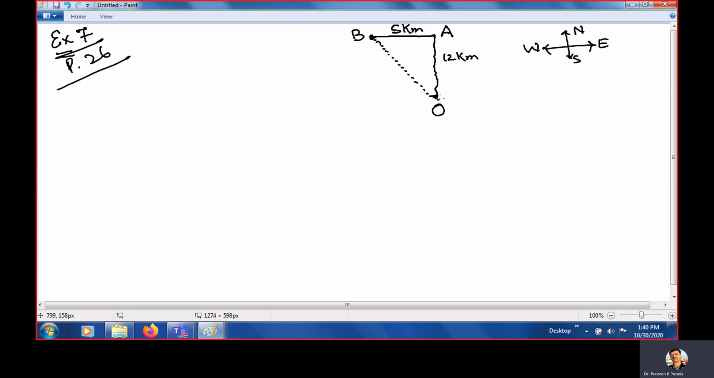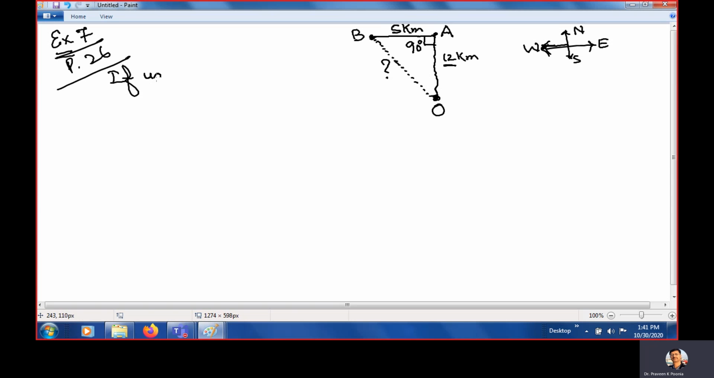What is the question? A person is standing at O. He starts moving, moves 12 kilometers and reaches the point A. Then towards the west side, he moves for 5 kilometers. Now, what is the distance between the starting point and the end point? That means we need OB. Because this angle is 90 degrees, and you studied in school, if there is a triangle and two sides are known, and the third side you need to find, if in a right angle triangle, two sides are known,